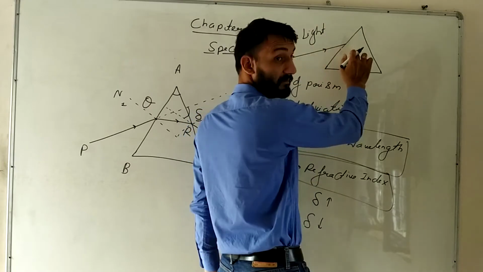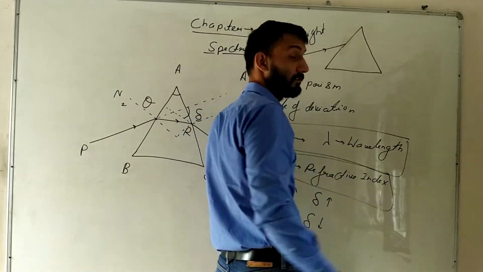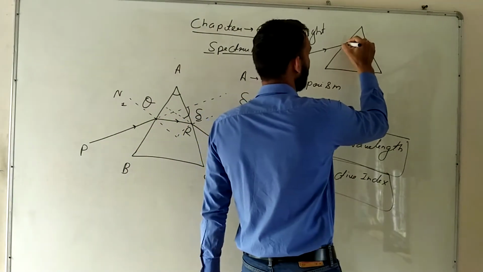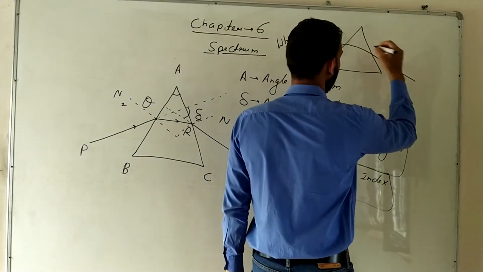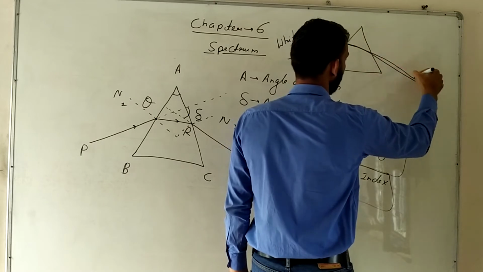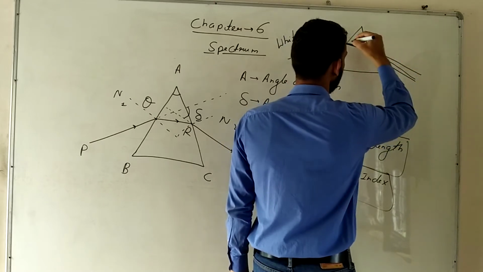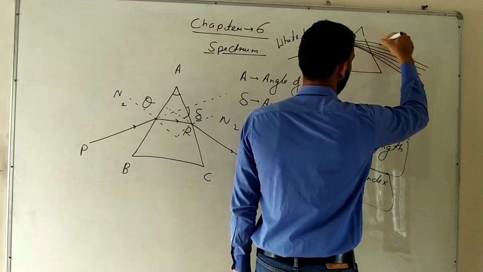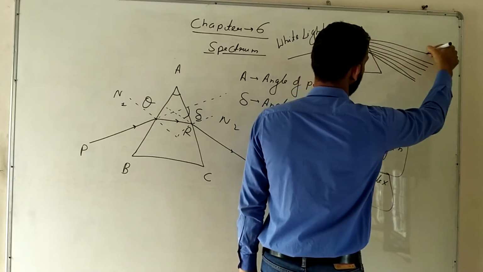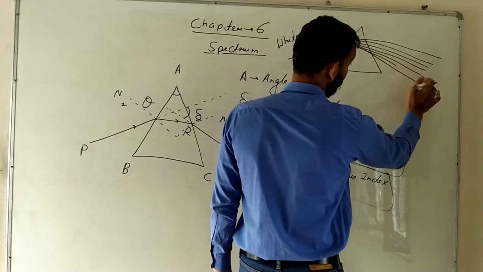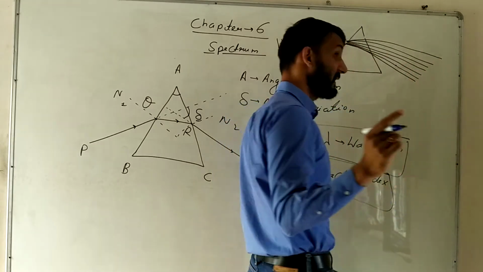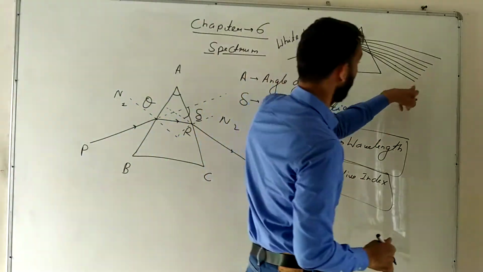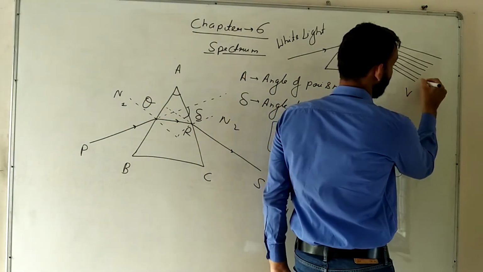It passes through the prism, that is a transparent material, not necessarily a prism, it can be any transparent material. It splits up into 7 colors: 1, 2, 3, 4, 5, 6 and 7. And you know that from bottom to top, remember it is from bottom to top, not from top to bottom, we write it as VIBGYOR.